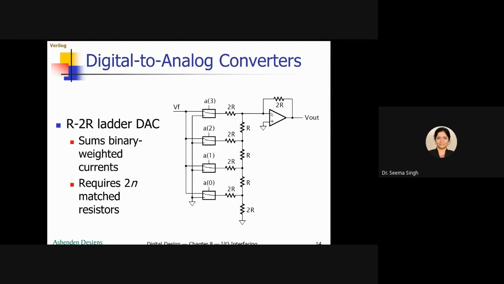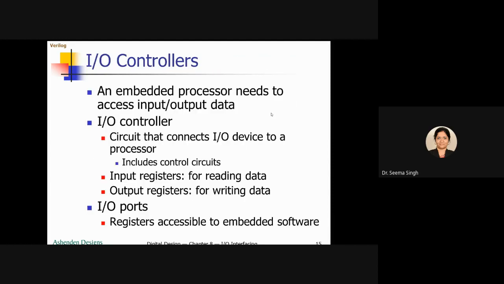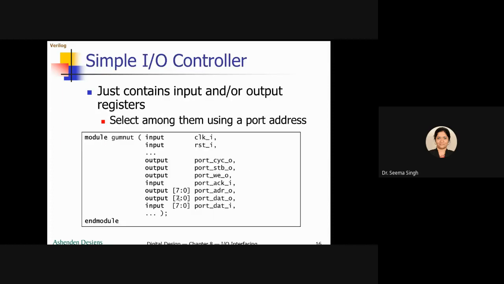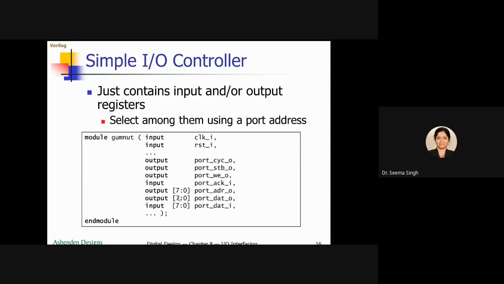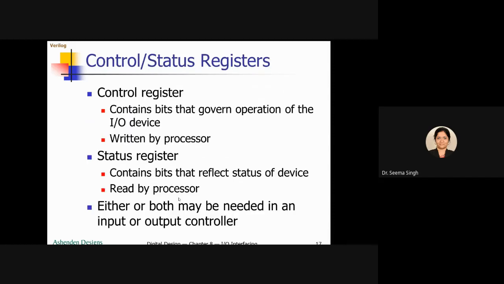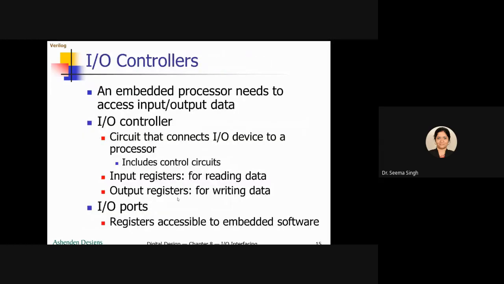So this is all output devices and your DAC, 2 types of DAC. Next topic is about IO controller. IO controller, and then simple IO controller will be done. Then you have a keypad controller, control status register, all that is there. Okay. So now IO controller, you know that when you have